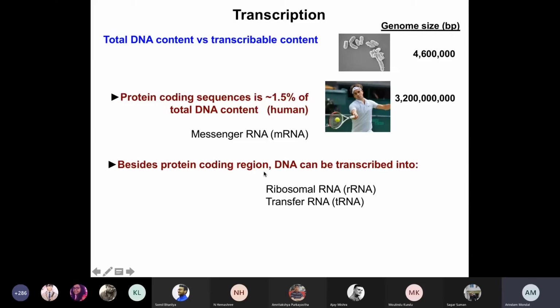So the messenger RNA contains the information which gets translated into proteins. But the ribosomal RNAs and the transfer RNAs actually physically take part in the protein synthesis process. They never produce proteins, but they help produce the proteins. So the genetic information which is needed for protein synthesis remains in the messenger RNA. That's why it's called messenger RNA, because it contains the message which is needed for protein synthesis. And again, most of the DNA sequences remain untranscribed. They don't even produce RNAs.